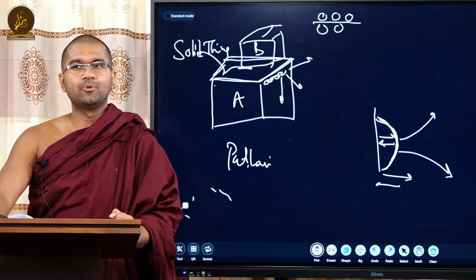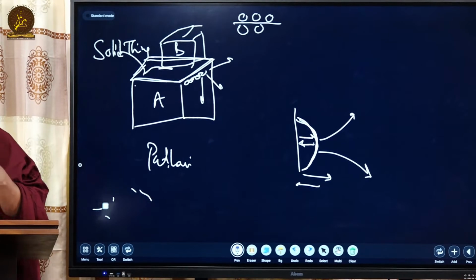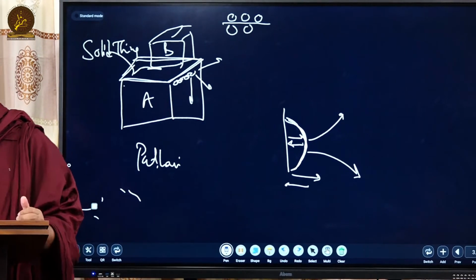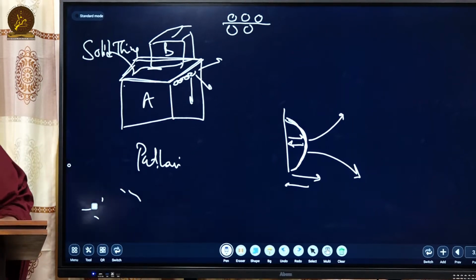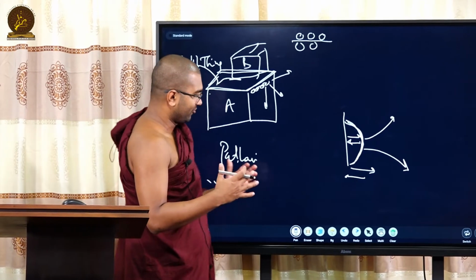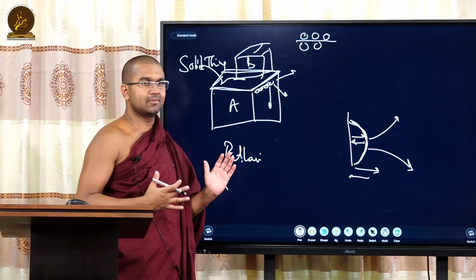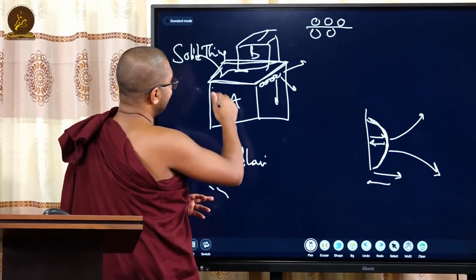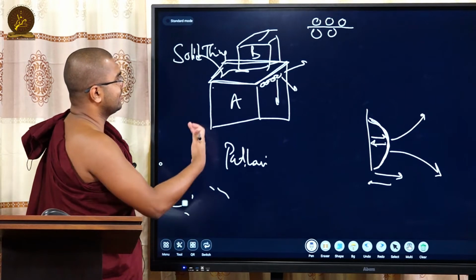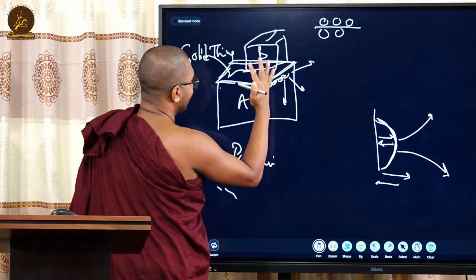So what is this apo? This is the apo which holds the particles in a solid to a certain shape, to a certain space. So this is antarkalapiya, right? Even though we study the details, for a person, sometimes you don't need to study the entire explanation about the four great elements. Just explain it through a solid or through a body of matter and try to understand the four great elements. So I'll conclude with the solid. There is a hardness, you can touch it.